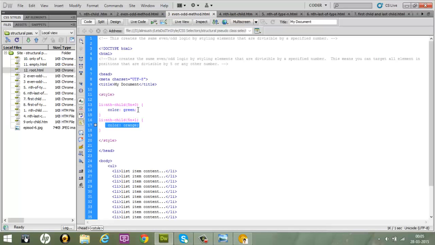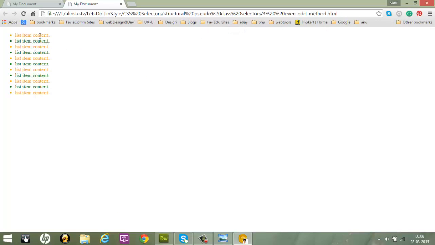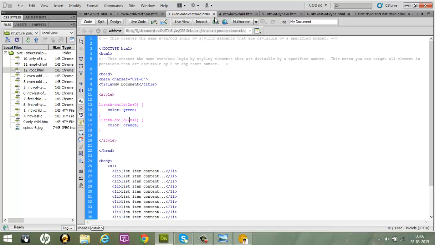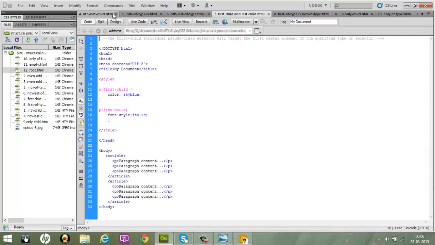We can get the same even odd logic here as well by putting the formula 2n plus 0 and 2n plus 1 here, and if you preview this in the browser, we will get the same even odd logic for the styling. So let's now move on to the